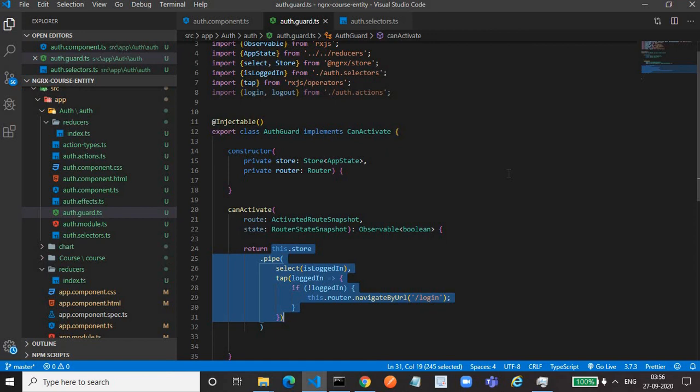And thank you guys for watching. So we have completed the NgRx concept on login authentication for the login module. We have seen how we can dispatch an action, how we can store that in local storage, how we can subscribe to the state in the store by using the selector operators, and how we can implement the auth guard in the NgRx way.